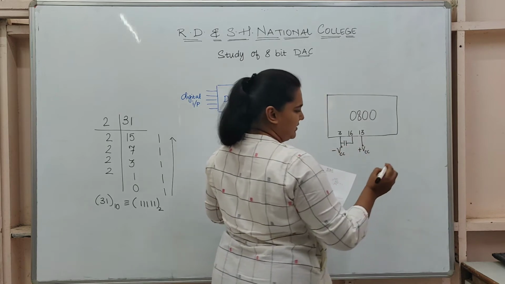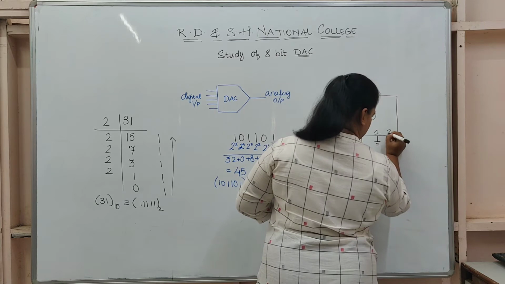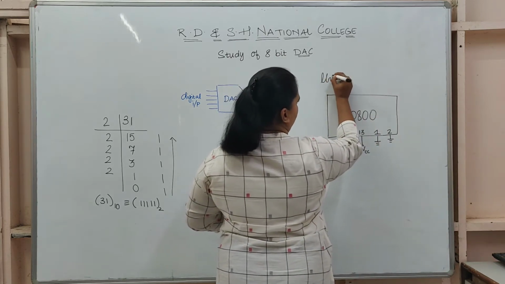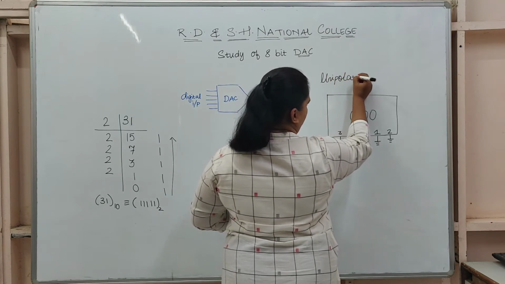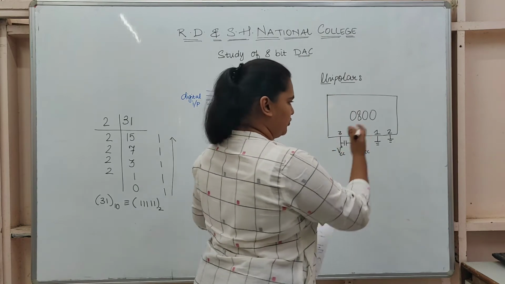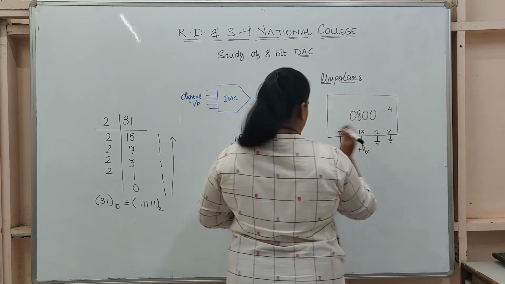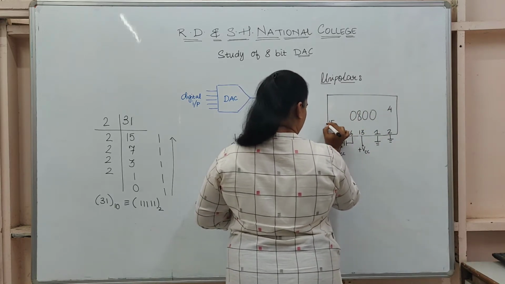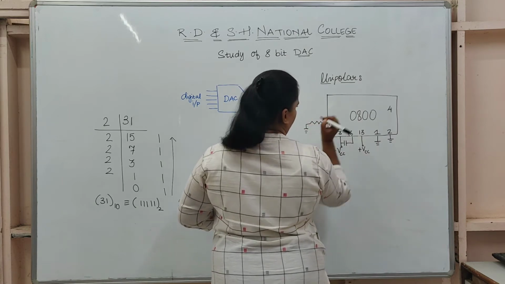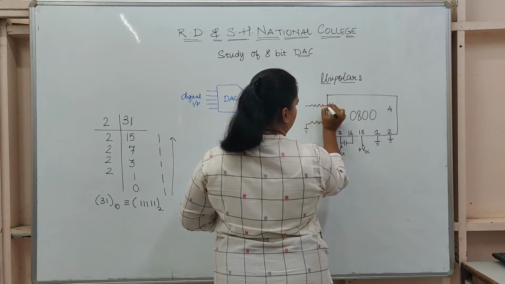Pin number 1 is ground and pin number 2 is also ground. In this case, pin number 2 is ground because what I am talking of is a unipolar DAC. I will come to what is bipolar and unipolar later, but as of now I am just drawing the circuitry. Then I have pin number 4 here. I have pin number 15 which goes via resistance to ground. Pin number 14 is connected basically via resistance to Vref.